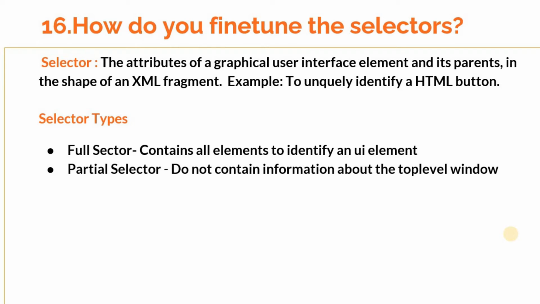What are the ways that you can tune your selector? Let's look at the options that we have. First, wildcards. Wildcards are symbols that enable you to replace zero or multiple characters in a string. This can be quite useful when dealing with dynamically changing attributes in a selector. For example, asterisk replaces zero or more characters. Question mark replaces a single character.